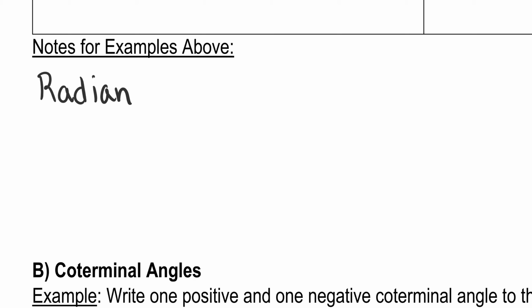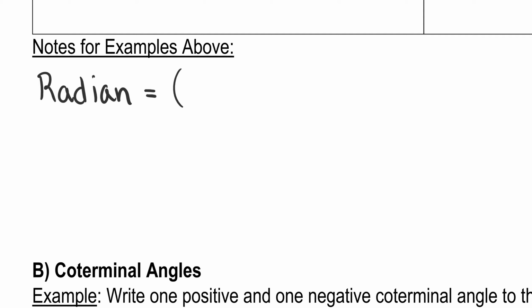And in case you don't know, which is okay, a radian is a unit of angle measure, and it's based on the arc length of the angle. That's all that means. Radians are always in terms of pi. So if you're talking about radians, you should always see pi somewhere in there. If I want a radian, that would be equal to